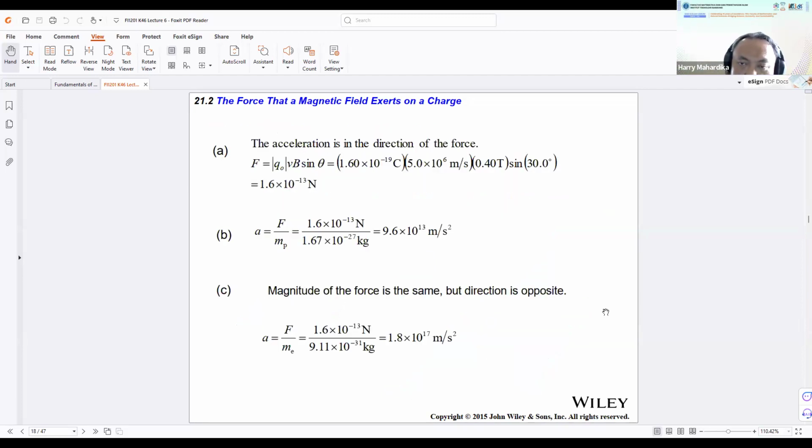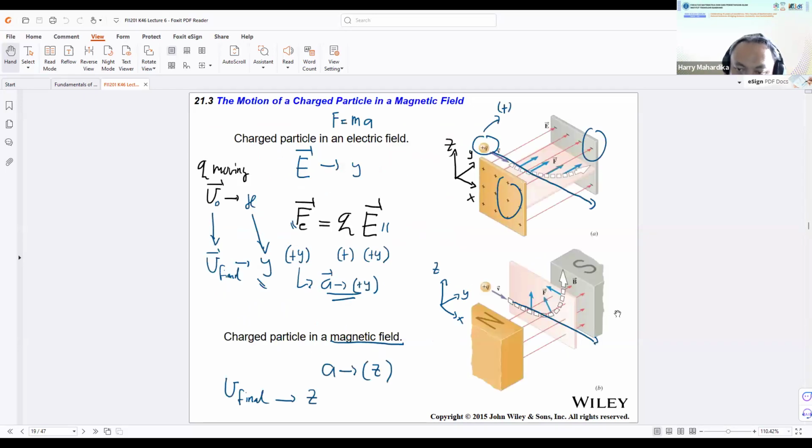Later on, we will see a situation like this one, where the initially moving particle toward a certain direction will be brought up. We take the particle into the upward direction, but since the magnetic field will be influencing at all times, the direction of F will be changing